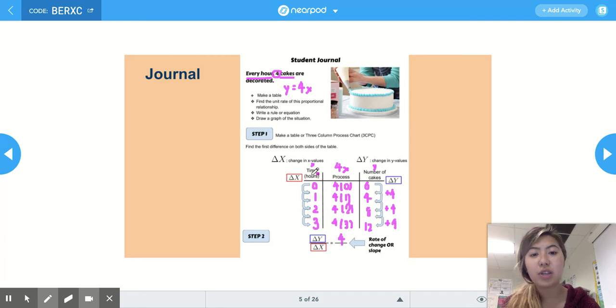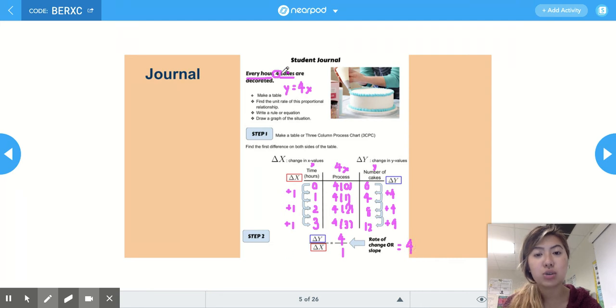Our change in x values from 0 to 1, we're adding 1. From 1 to 2, we're adding 1. From 2 to 3, we're adding 1. So our change in x values is that we're adding 1, or positive 1. So we have 4 over 1 as our rate of change, or our slope, and that's the same thing as 4 divided by 1, which can be simplified to just 4,